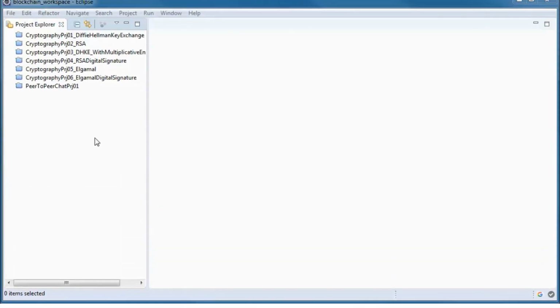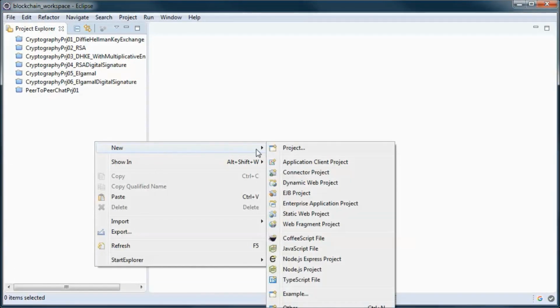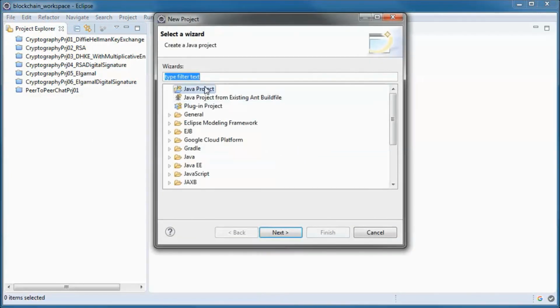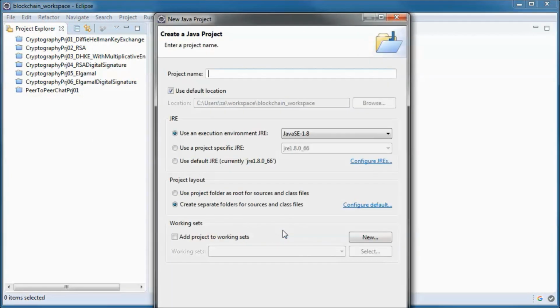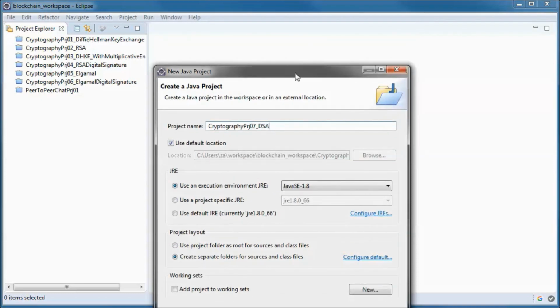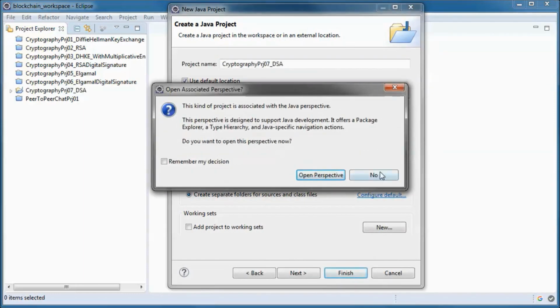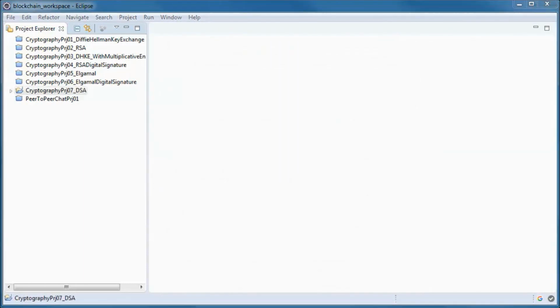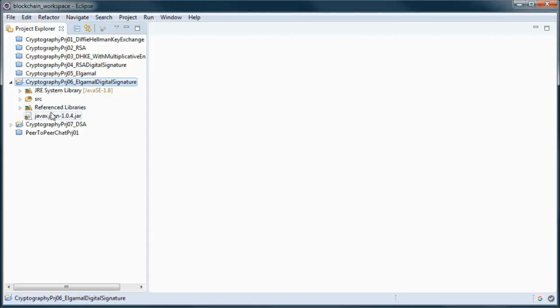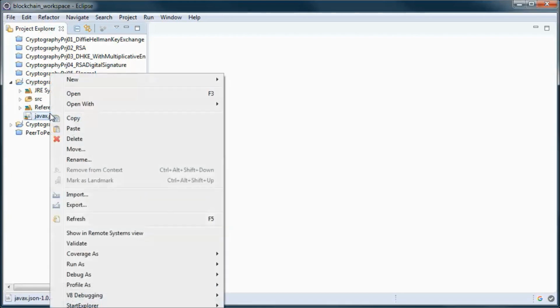I will start by creating a new project. And here we need to do JSON. So let's pick up this jar from here.